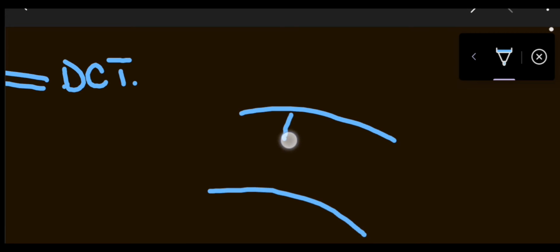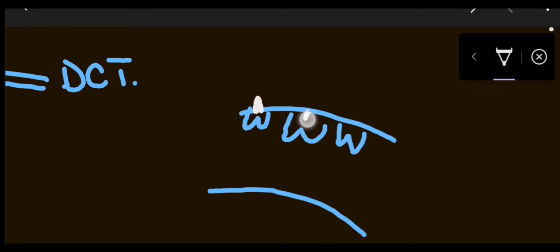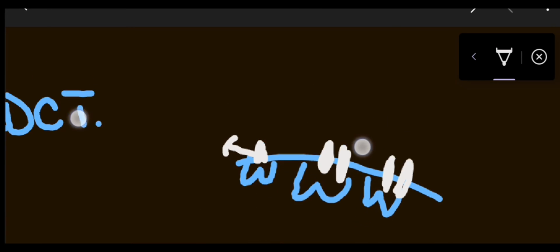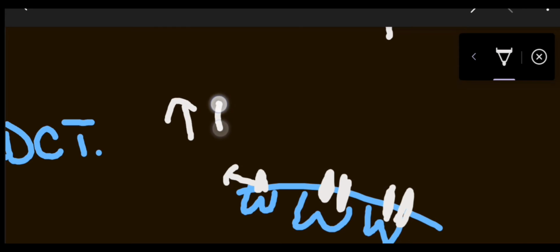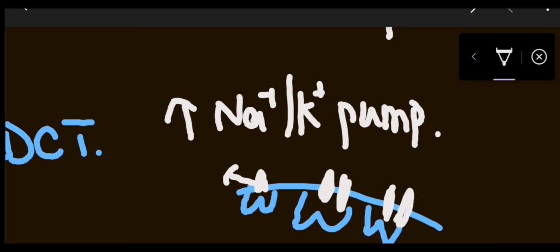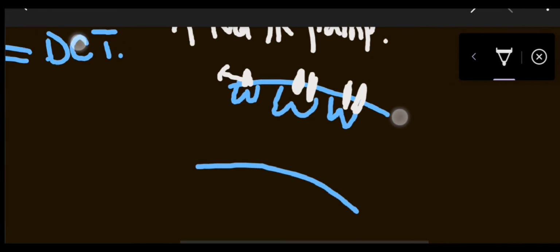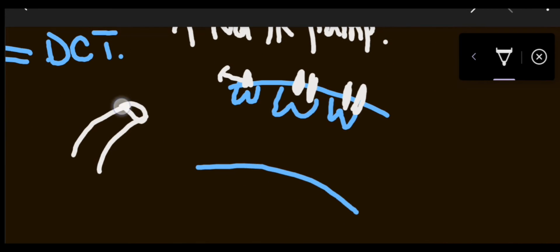So these are the cells of the DCT, which are named macula densa. This aldosterone has the power to increase the sodium potassium pump, so here there will be more numbers of sodium potassium pumps. So when the sodium potassium pump increases in the cells of the DCT, this means, through this peritubular capillary, here you can see,